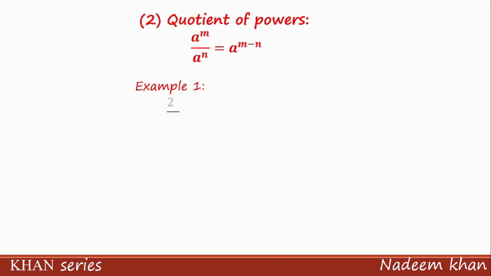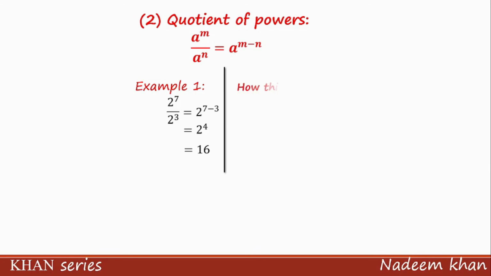एग्जांपल 1. 2 to the power 7 divided by 2 to the power 3. Since bases are same, so we keep the base 2 and subtract the exponents 7 minus 3, which is 2 to the power 4, and 2 to the power 4 means 2 is multiplied by itself 4 times, which is 16. लेकिन सवाल ये है कि जब बेसिस सेम हो तो एक्सपोनेंट को सब्ट्रैक्ट क्यों करते हैं, ये रूल क्यों